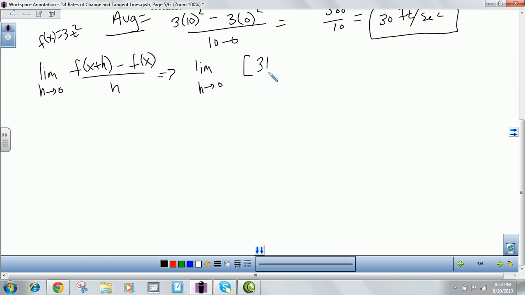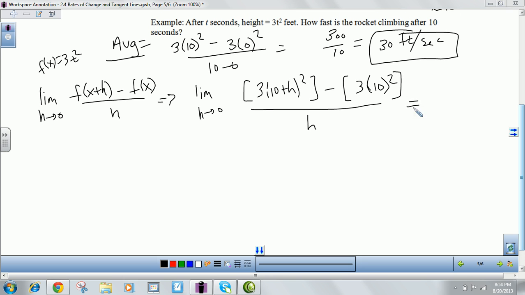It's going to be 3 times the quantity of x plus h, and x I know is 10, quantity squared, minus, then I'm just going to plug x in there. So f of x is just 3 times 10 quantity squared, all over h. Now when we simplify this, the 10 plus h quantity squared,